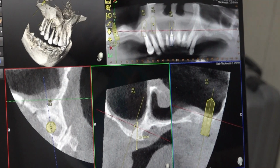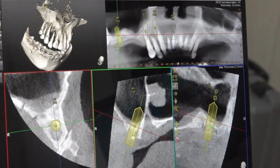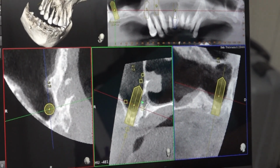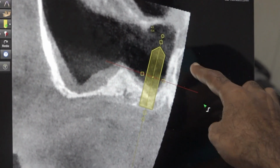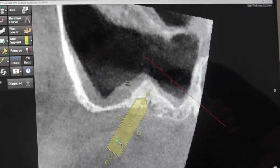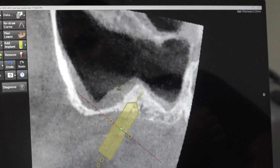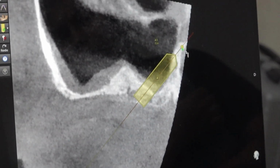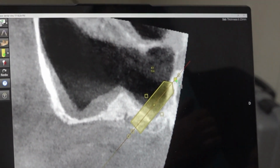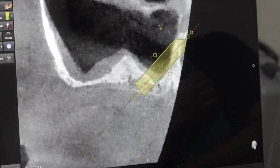Now, so this is the pterygoid area, right? So this is the pterygoid area. The pterygoid doesn't come fully in this CBCT. If you see, the sinus has expanded and invaded the entire tuberosity. There is no bone here, right? If there is good bone here, you can easily place a pterygoid implant. But now what you have to do is cross the Atlantic Ocean, the sinus, and go and catch the pterygoid, which becomes a challenge, because once you enter the sinus, it becomes a